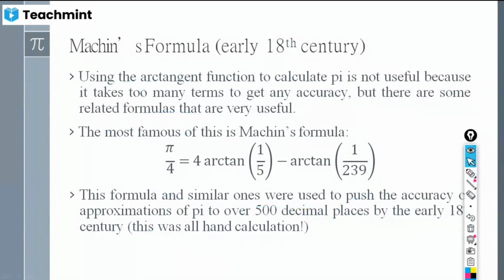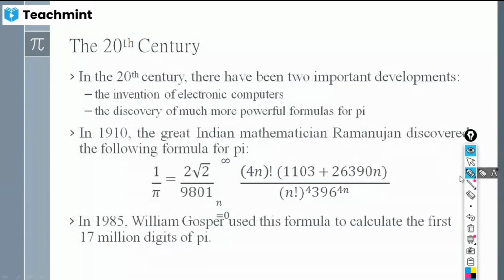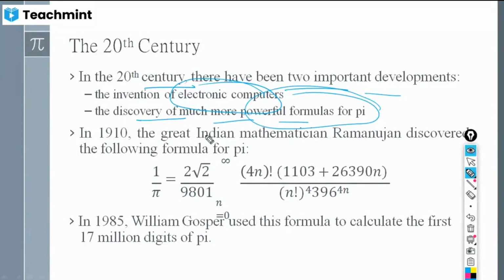So after this, during the 20th century, what happened? There have been two important developments, that is, you know about electronic computers, right? So we have discovered much more powerful formulas to find out pi. You know the very great Indian mathematician Srinivasa Ramanujan discovered a formula to find out the value of pi, and that formula is 1 by pi is equal to 2 square root of 2